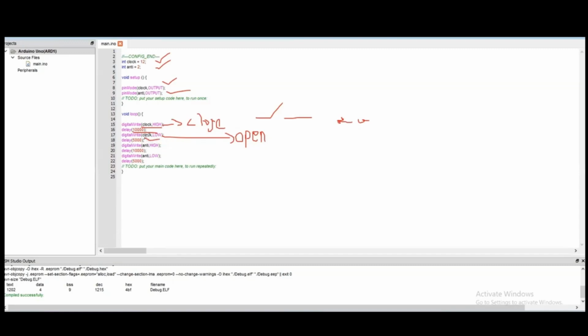Again, I will turn on the other pin. This other pin is named anti, pin number 2. Pin number 2 will turn on, as high is written here. It will make the circuit close here. And when we close the circuit, the motor will start moving in one direction, and low means the circuit is open. After 10 seconds in the on state, it will again become low. The circuit will again become open,